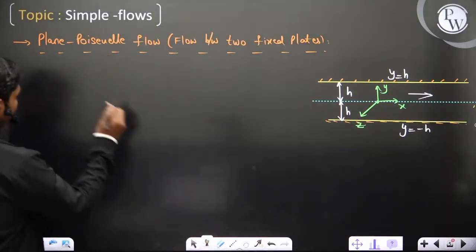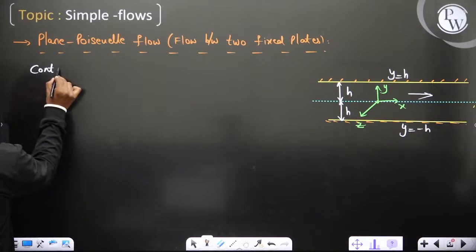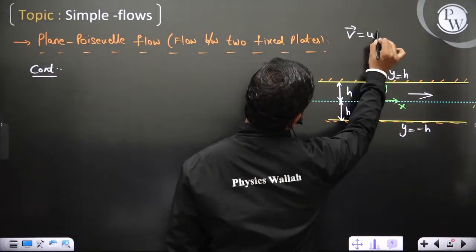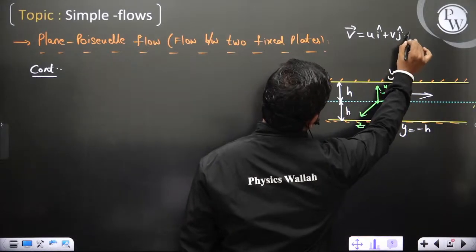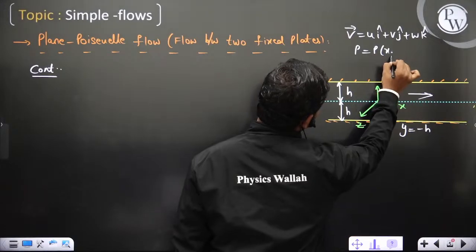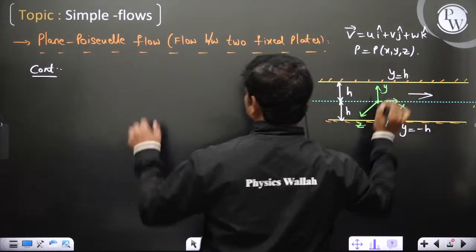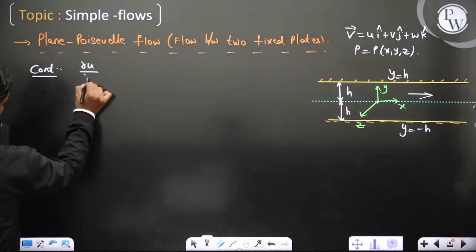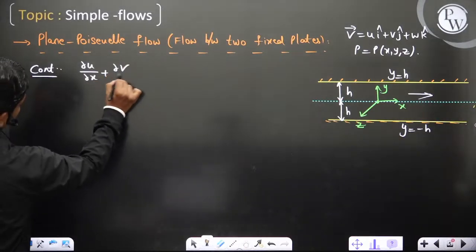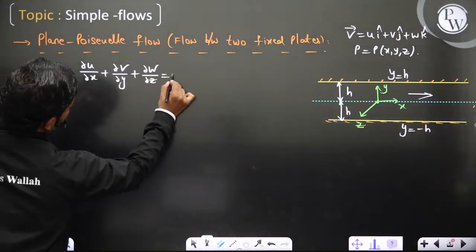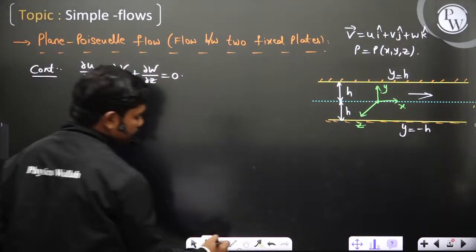Now, if you apply continuity again, we already know that at any point the velocity is u i plus v j plus w k, and also you have the pressure field. So in total you have 4 unknowns, so you need 4 equations to calculate those 4 unknowns. So continuity: dou u by dou x plus dou v by dou y plus dou w by dou z, because it's incompressible flow, we are talking about liquids in general, some water or oil flowing, then